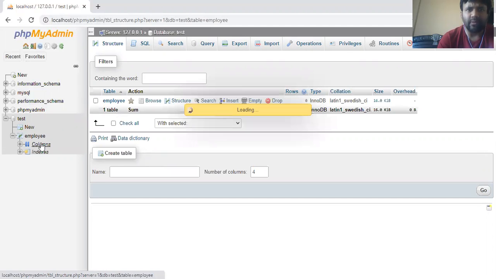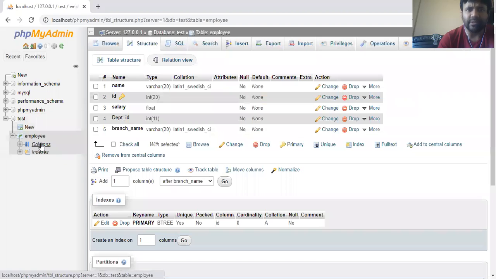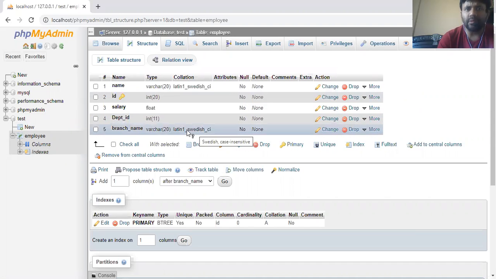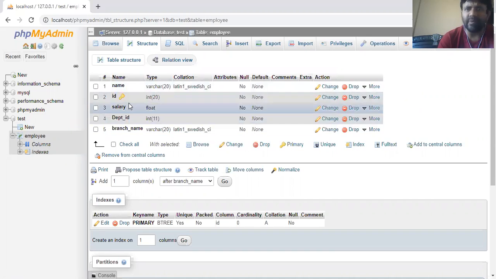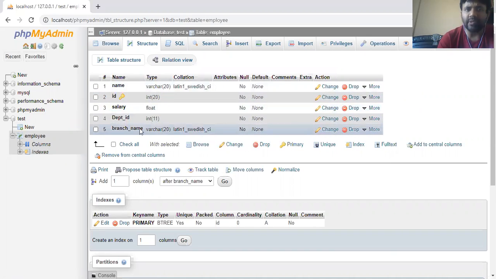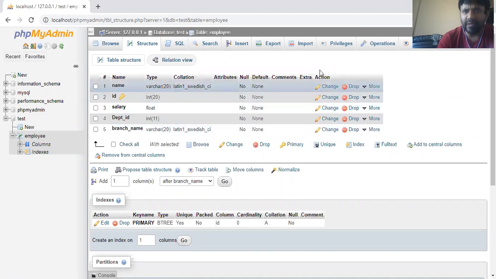These are the columns in the table we have created. See, we have name, ID automatically assigned as a primary key, then salary, then department ID and branch name. So we have a number of fields from the previous segments, with branch name added at the end. This is the way the database is given.